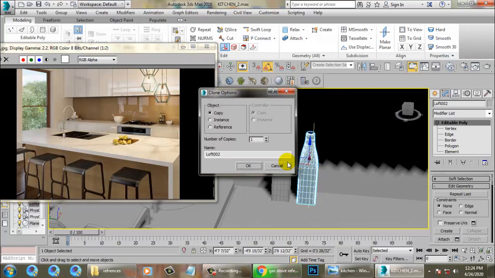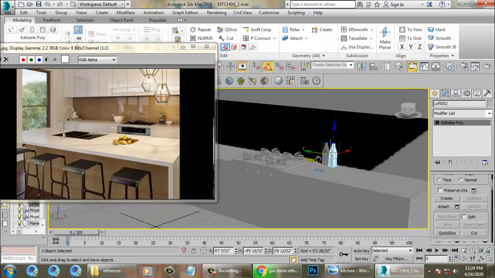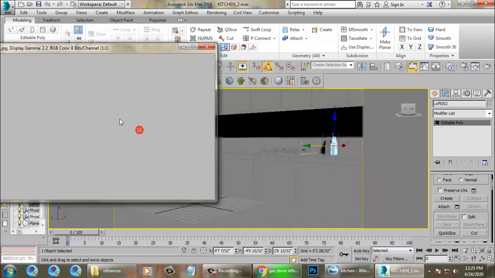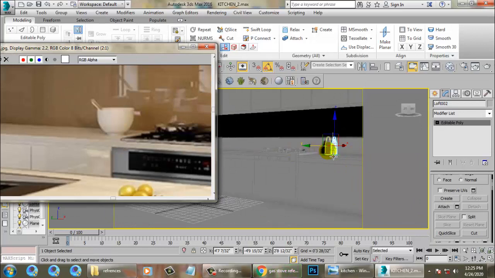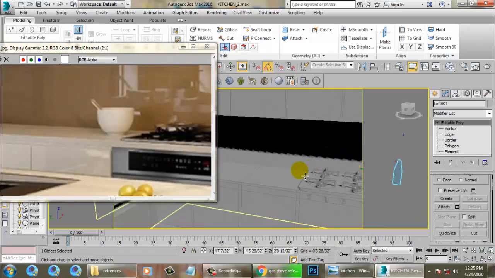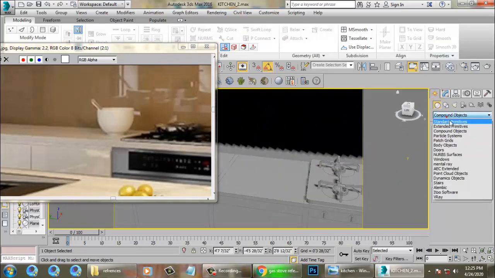Let's go into this and let's give a light blue color to it. So if we increase or change the color of your GI environment,